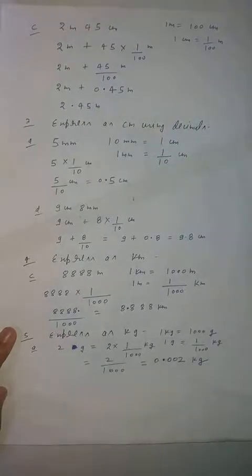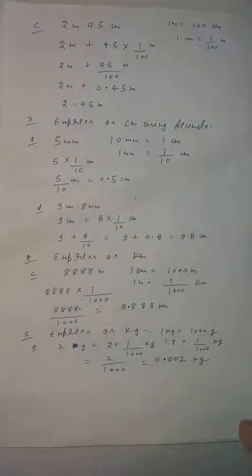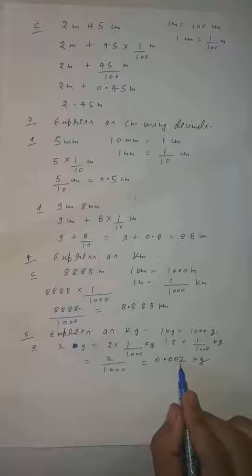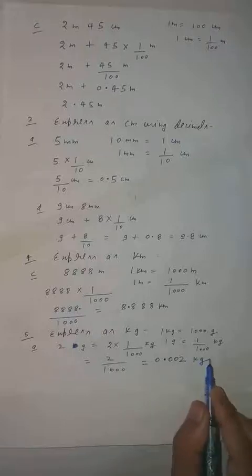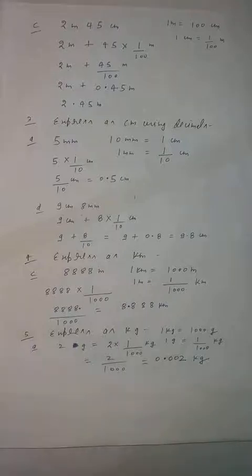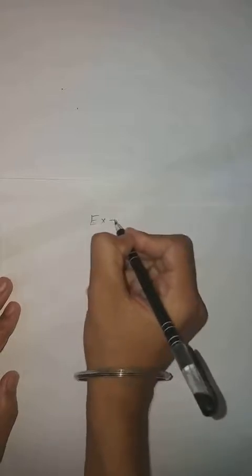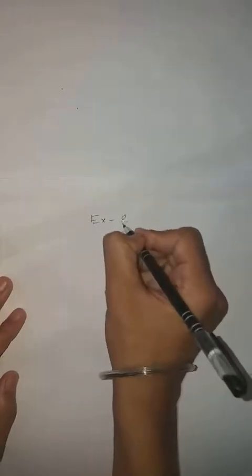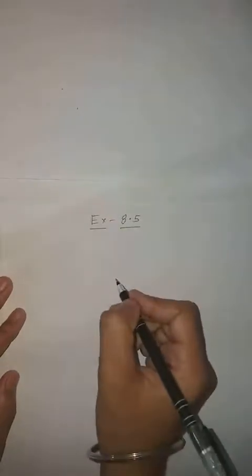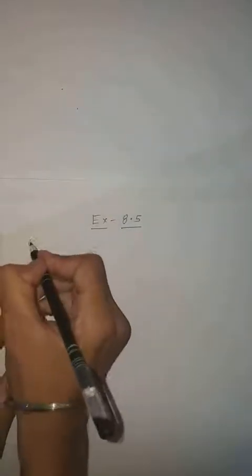And again, in previous video I explained why you are increasing 0 left hand side, because if you will increase the decimal right hand side, the number will be changed. Clear, student? So this is our exercise 8.4. Now students, come to the exercise 8.5. Clear, student? Now we will start exercise 8.5, and first question is given.